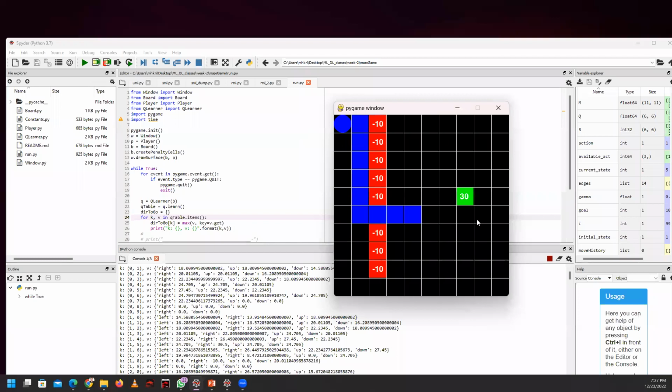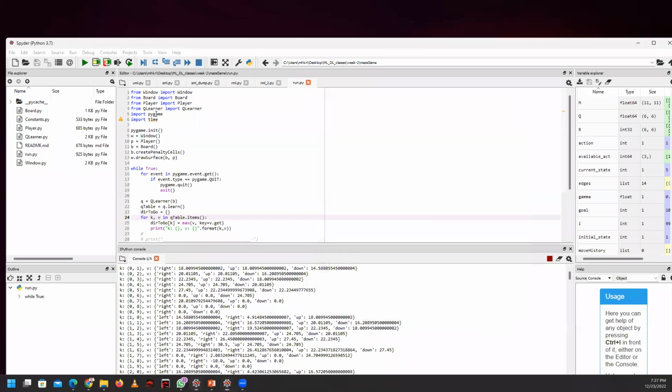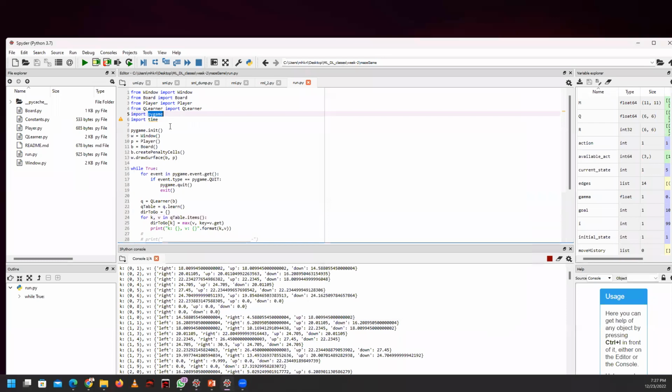For example, if you see here, we can create our player, our agent, our board. But to create all these things, first we have to import Pygame. From Pygame, we can easily simulate all these things here.